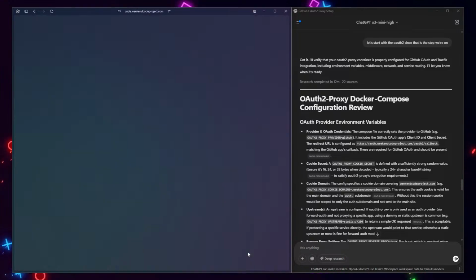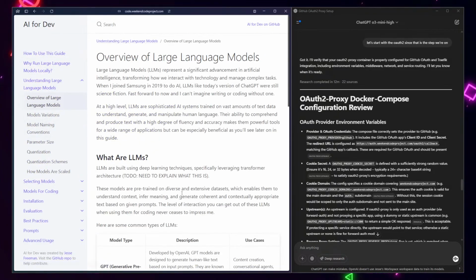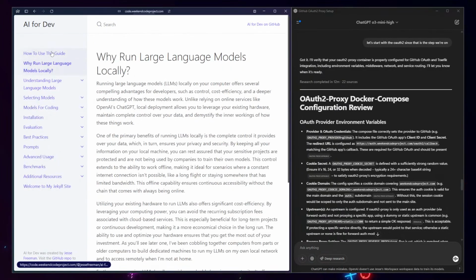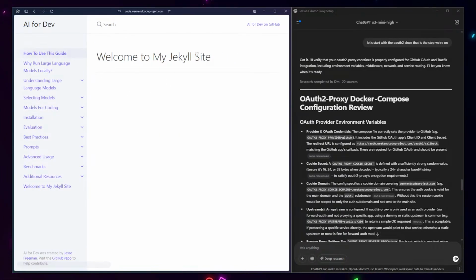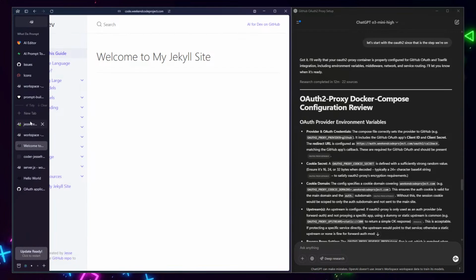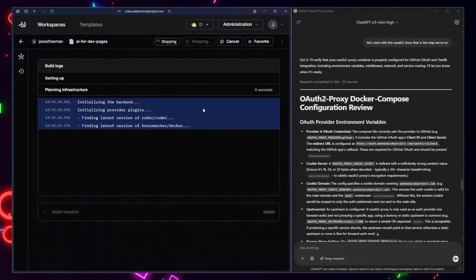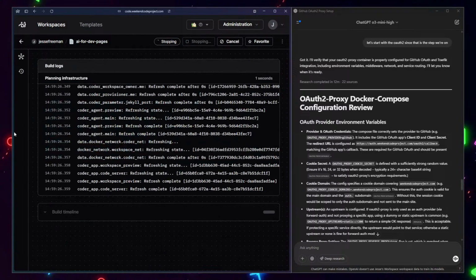So now I have this where if I open it up in the browser, it's showing me a GitHub Pages site using Jekyll to compile it. So if I went back and made some changes, it would all reflect live. That's sort of the beauty of it. And then when I'm done working on this project, I can just stop the container, and then